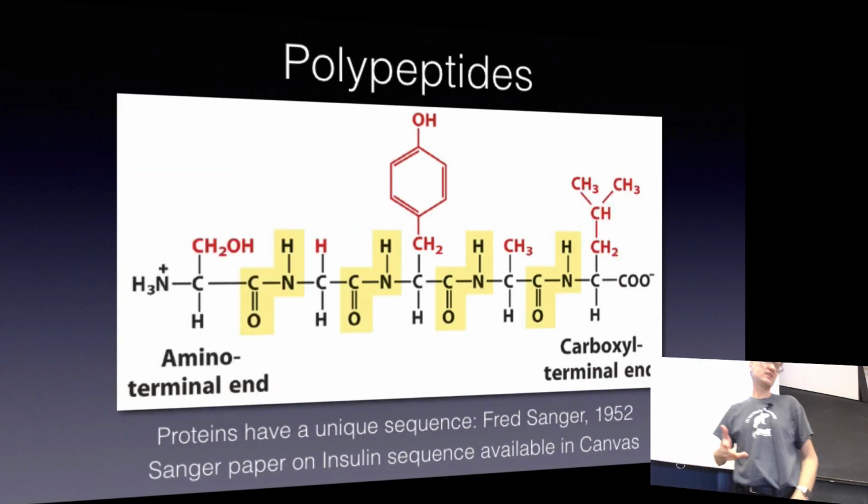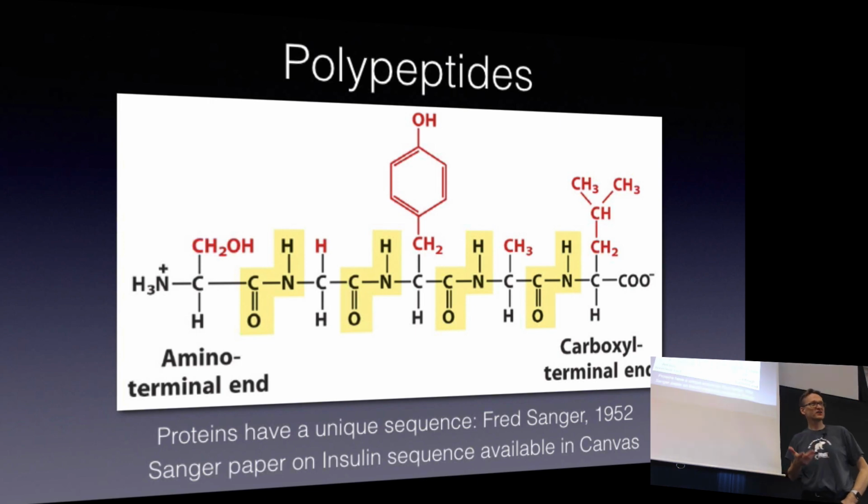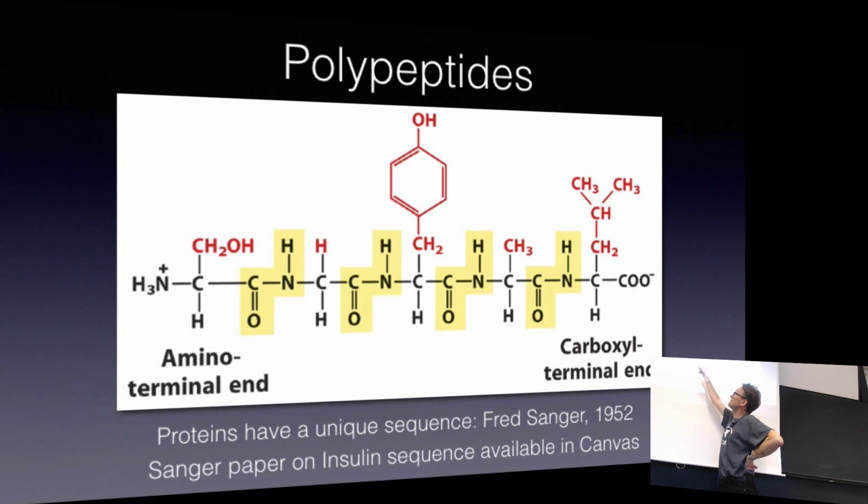But just the string is not enough. The string just means that I have a string of amino acids. What tells different proteins apart is that there are R groups that I had on the other slide. Again, that's literally what makes one amino acid different from the other. So you have a tyrosine there in the middle, you have an alanine there, and you have a glycine there. So different side chains, the ones in red here, will cause a diversity.